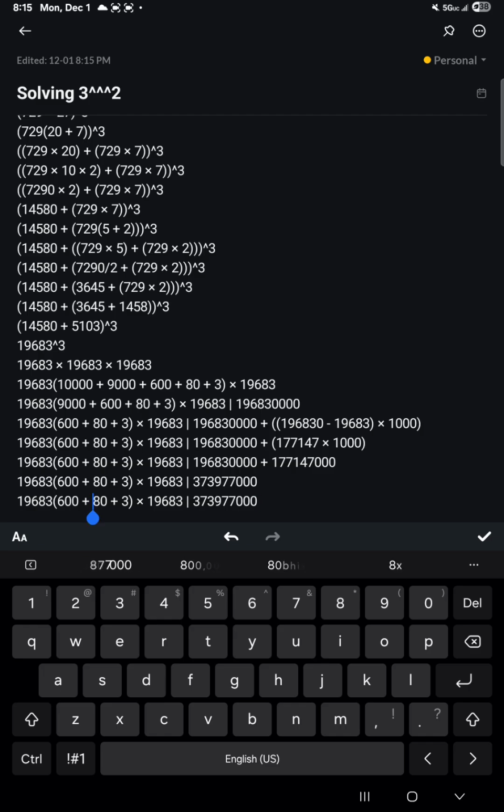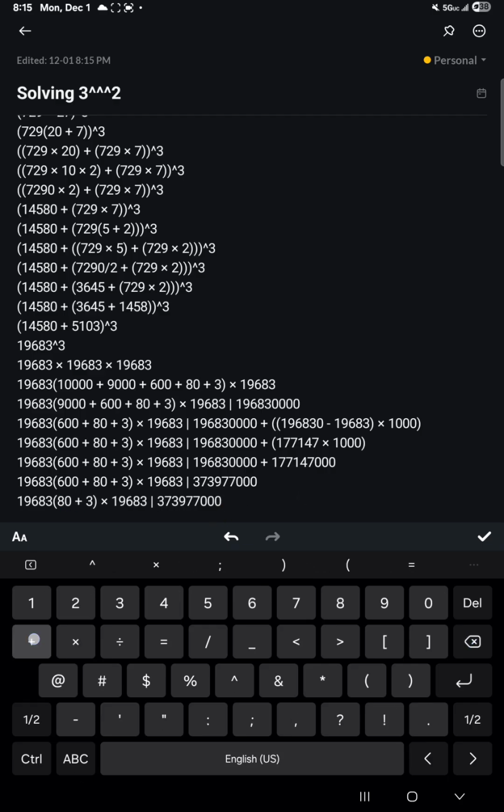Alright, let's factor out. Let's pull out 600. 600 is next. Yeah, the same method: 6 is just 5 plus 1. Notice that the 5 method is 10x divided by 2. So